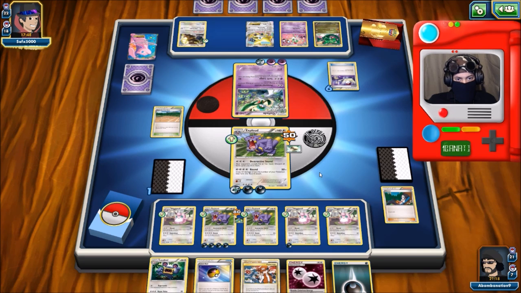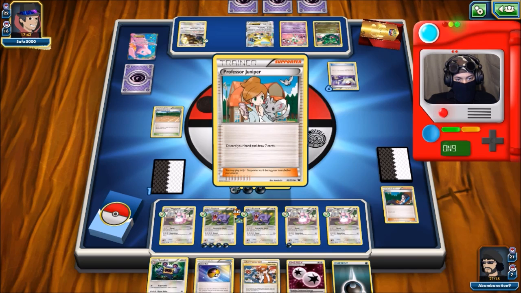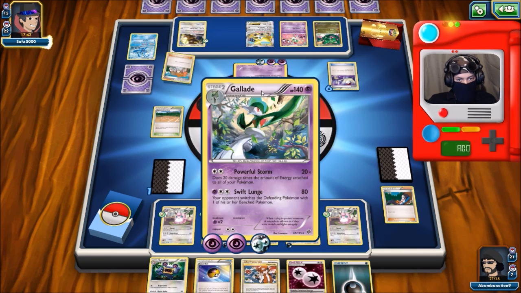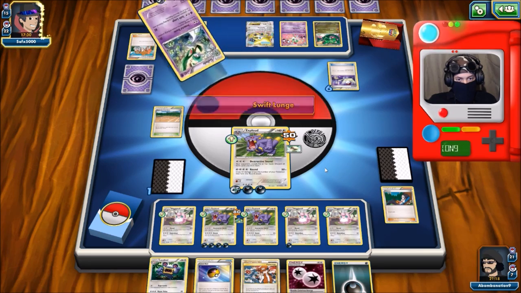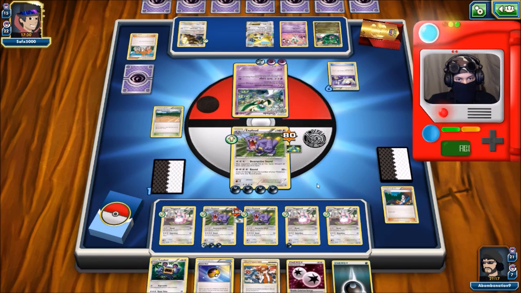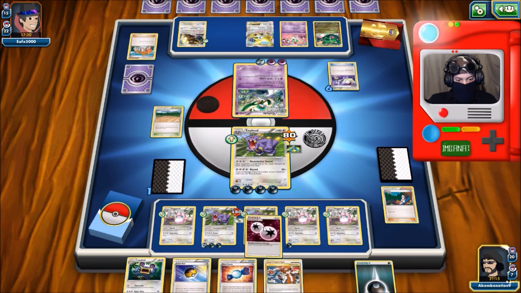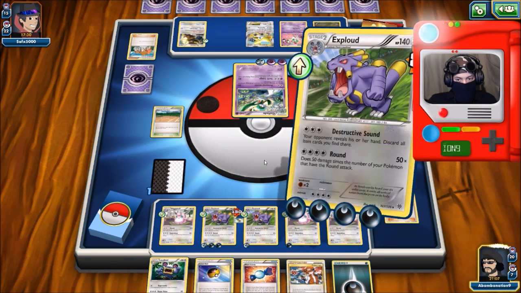Okay. I don't know why he put another energy on that, unless he thinks he's going to be able to get rid of it somehow. Swift Lunge, that's what I expected. He's going to swap this guy out. I don't have any way to heal, by the way. But you think I won't put him out? I don't really need to use any of this stuff, so...